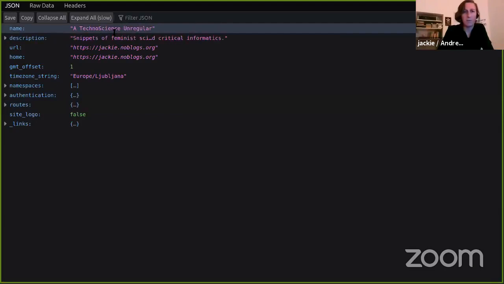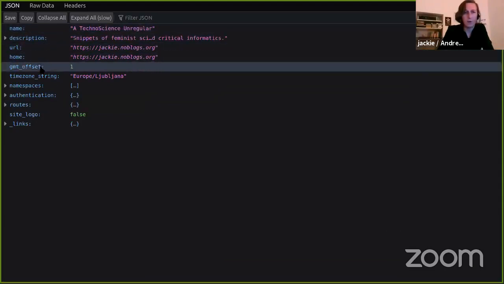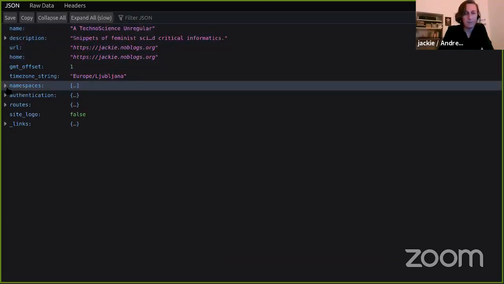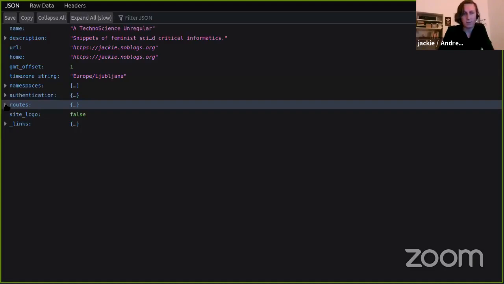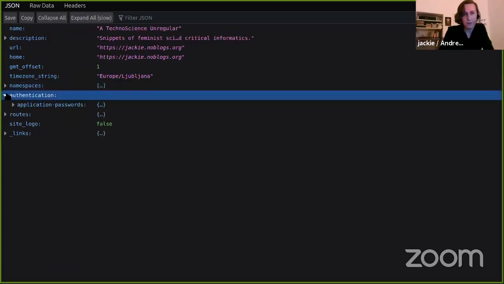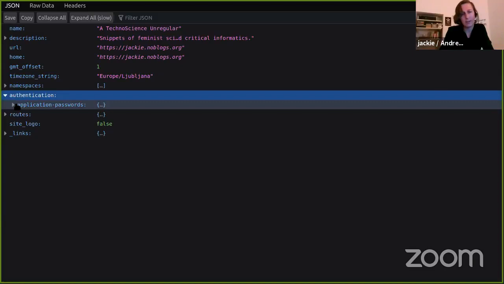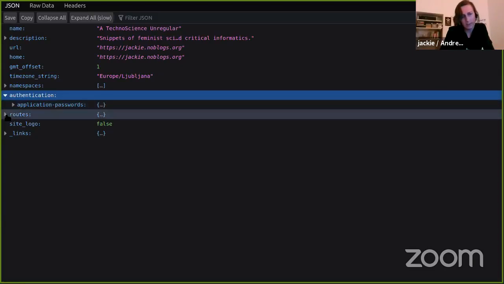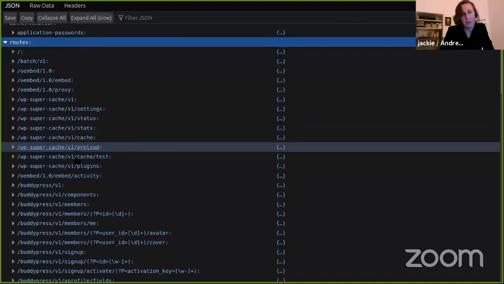So I have the name of the blog, a description, the URL, and then I have namespaces, authentication, and routes. Those are the most interesting things. The authentication, we'll talk about later, just tells me which means there are to make authenticated REST requests to the API, and the routes tell me what I can actually do, what endpoints there are.